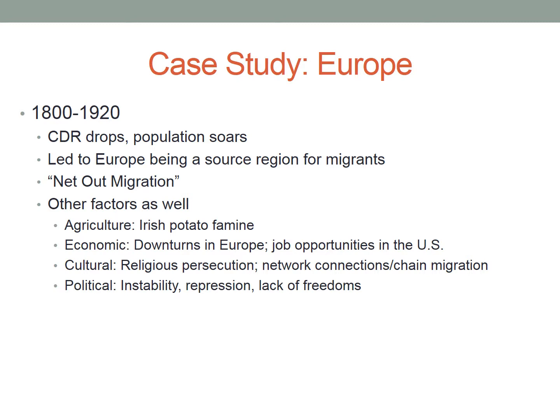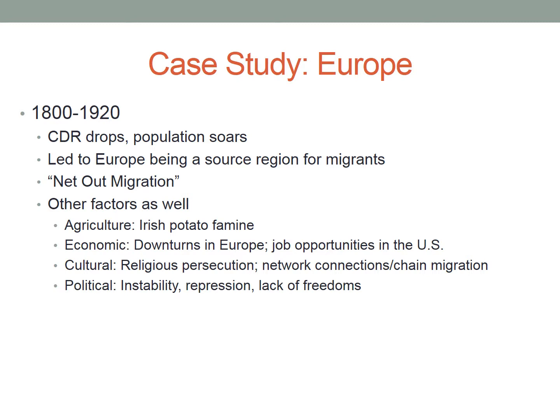Europe, 1800 to 1920. What stage of the demographic transition model would Europe have been in at this point? 1800 to 1920. Crude death rate is dropping, population is soaring. So what stage is this? Stage number 2. So what this was, Europe was a source region for migrants. People were leaving. And I always call this the safety valve, kind of air quotes, safety valve, because it's like